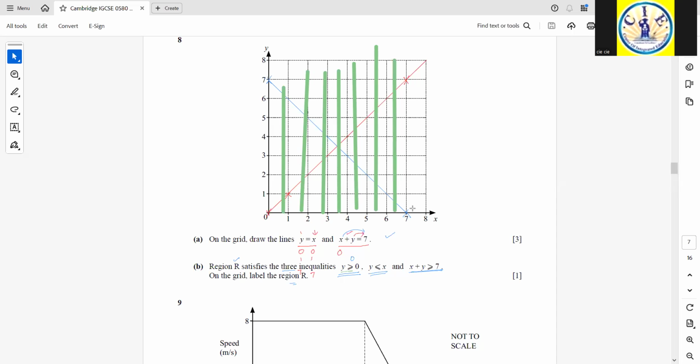This is the region. Then for the second one, y less than or equal to x, the value of y should be less than the value of x. So this is under this line, this one,